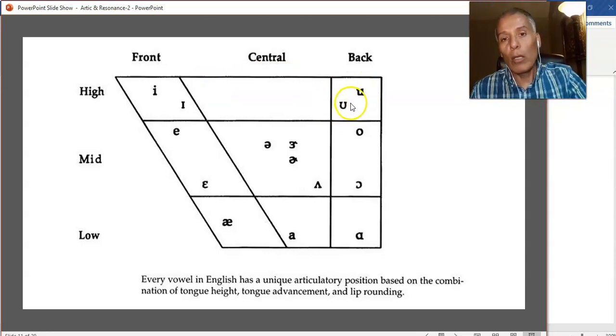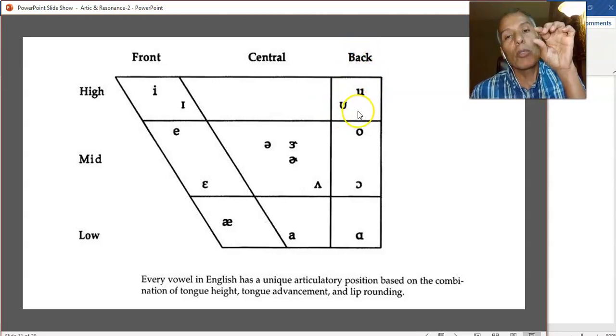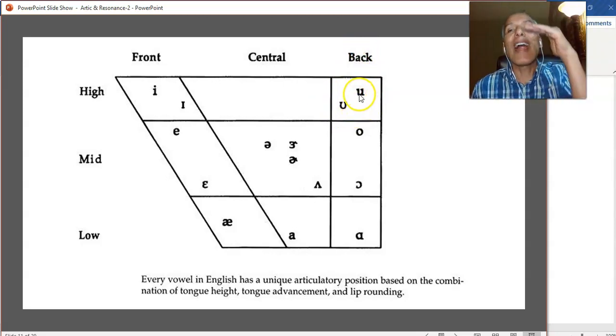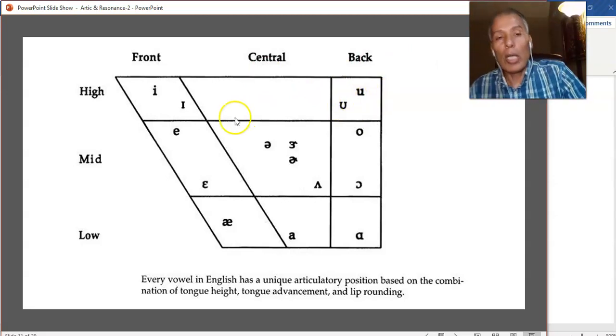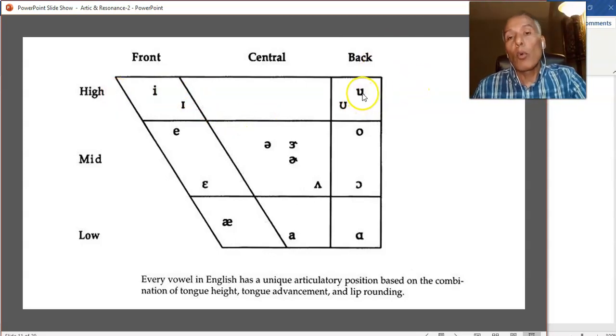So full, full. These two sounds are put in the same box because both of them are in the back. The tongue is back, but the only difference between them is that the long oo is higher. The tongue goes higher, while for the short oo, the tongue is still high, described as high, but not as high. So when you describe them, oo as in pool or full is high, back,